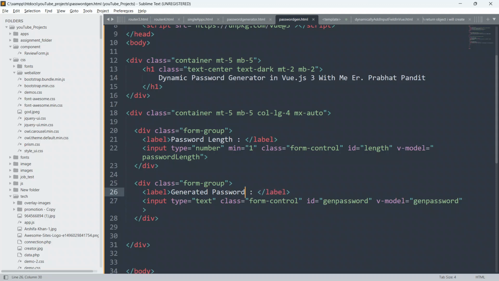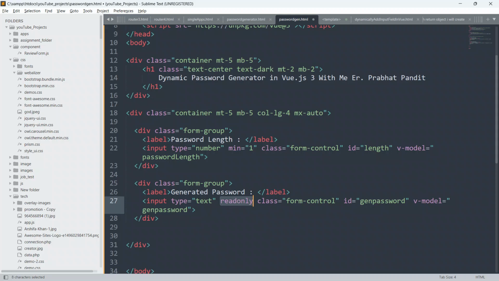And now I will make this field read only, so that the user can't change or modify it. Guys, that's why we use read only, so that the user will not be able to change or modify it.